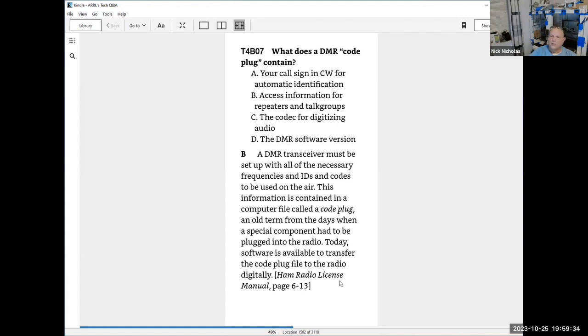So they established these things called talk groups, and the talk group identification has to be in the code plug. And so this information is contained in a computer file called the code plug,